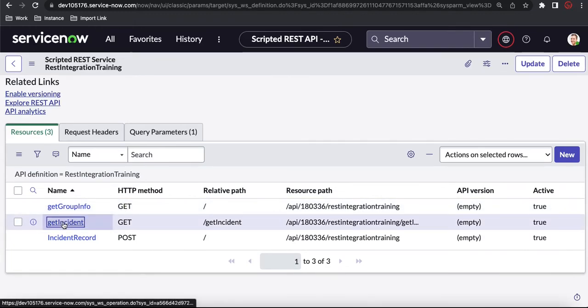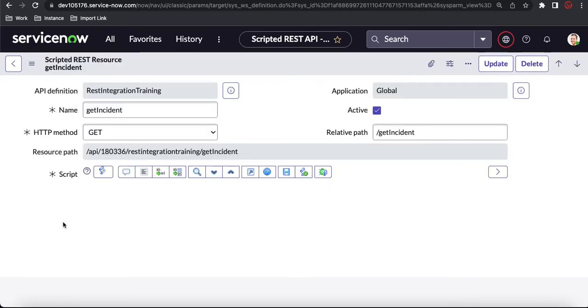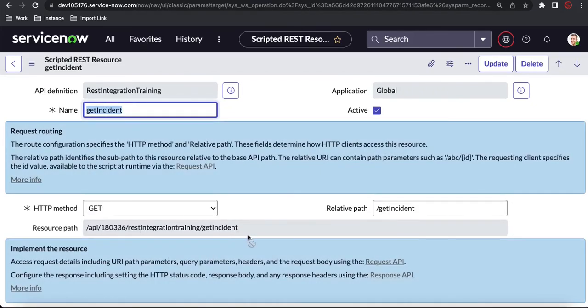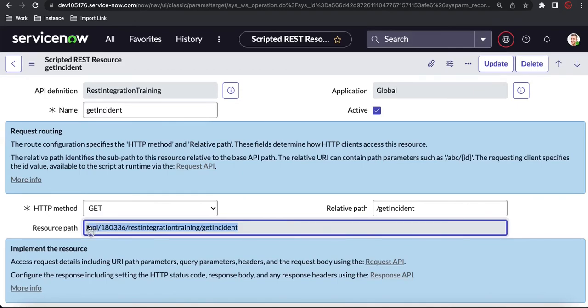Because whenever this API will be executed, there will be one relative path. So this will be your other endpoint. Previously it was just this integration. Now you added this relative path, so that endpoint is a little bit